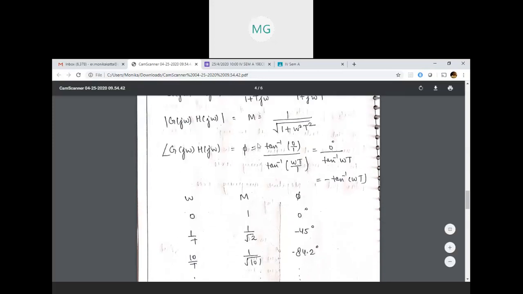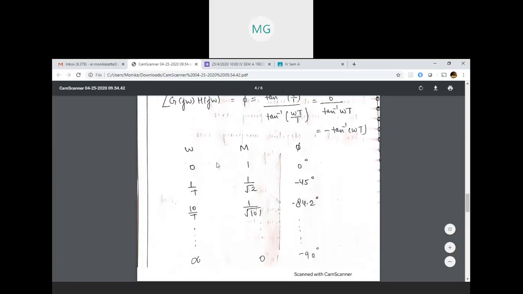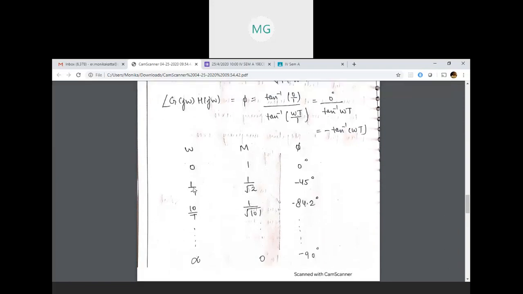Now by substituting the value of omega, you will get different values of magnitude and phase angle. When omega equals 0, in the magnitude equation you will get magnitude equals 1. In the phase equation you will get phase equals 0 degree. Take any one or two intermediate values. These intermediate values will help you in plotting the curve, but you actually need only two values, 0 and infinity. Your plot starts at omega equals 0 and terminates at omega equals infinity. You just need the starting and terminating points, but these intermediate points will help you. You can take one or two intermediate points.